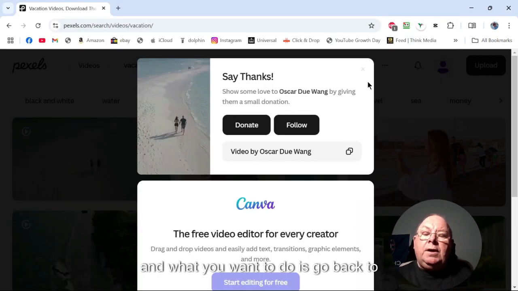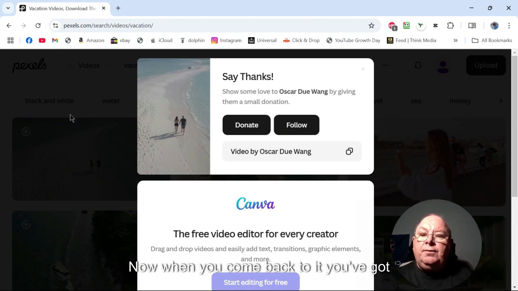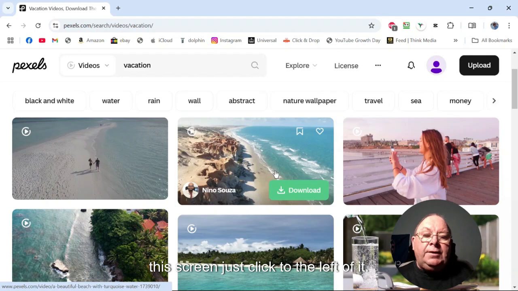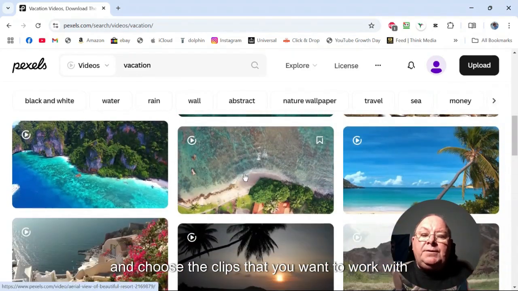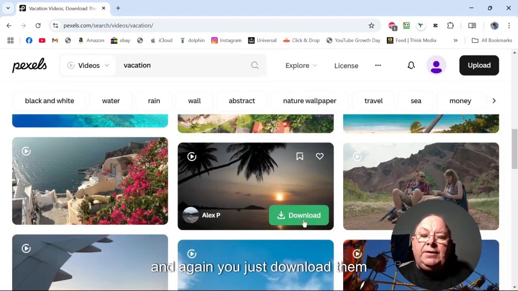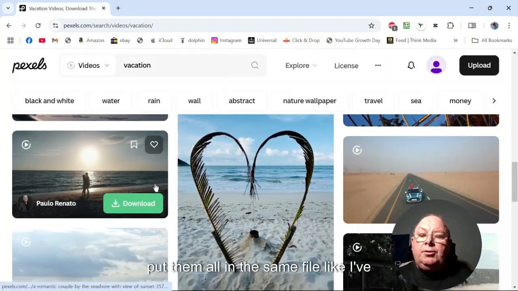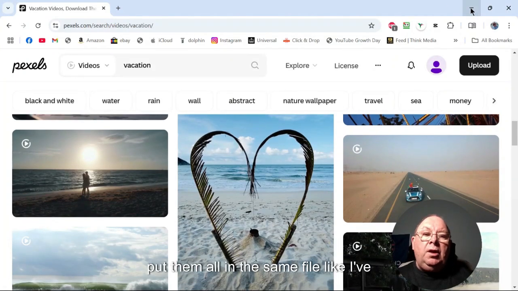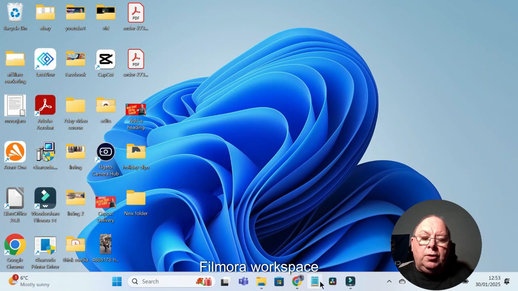And what you want to do is go back to Pexels and download a number of clips that you want to use. Now when you come back to it, you've got this screen, just click to the left of it and choose the clips that you want to work with, and again you just download them, put them all in the same folder like I've done with clips that I want to use in this tutorial. So let's go back to the Filmora workspace,